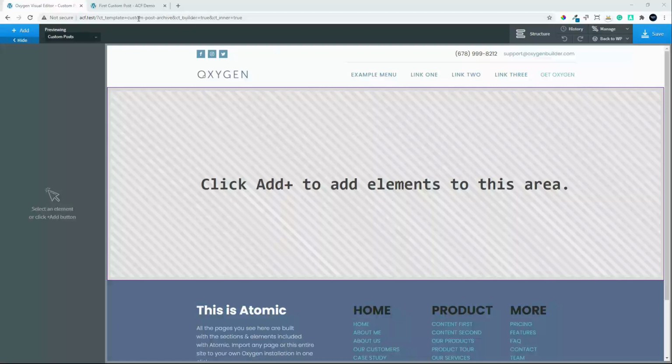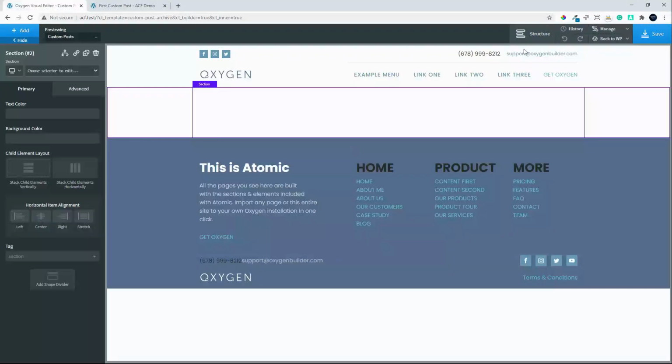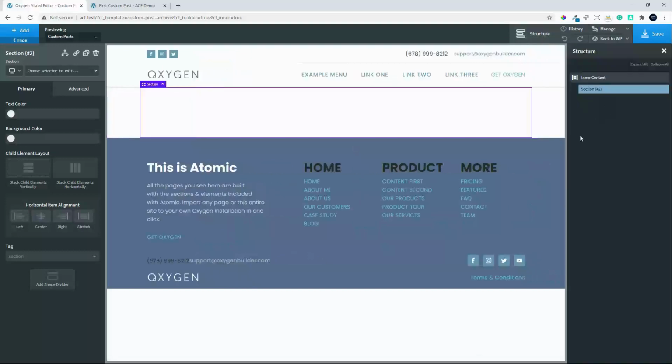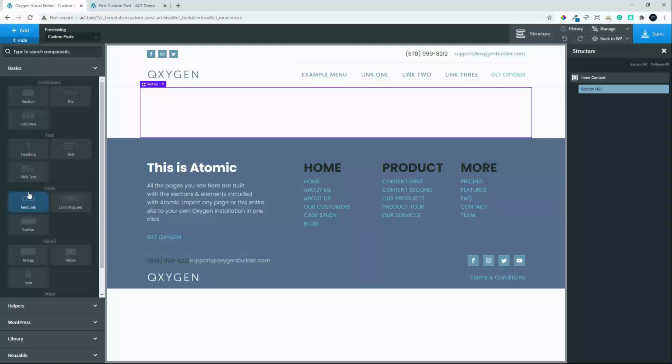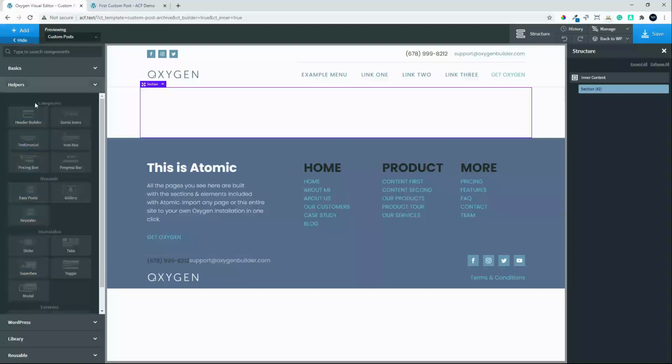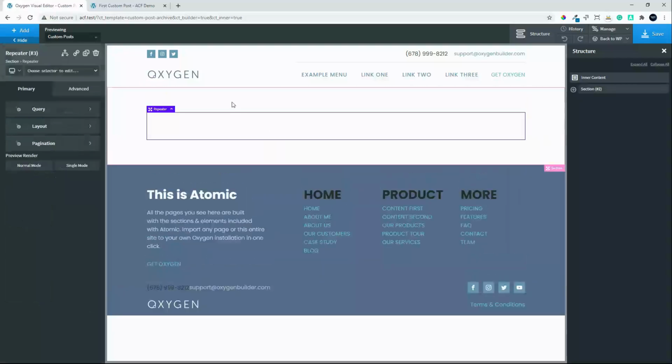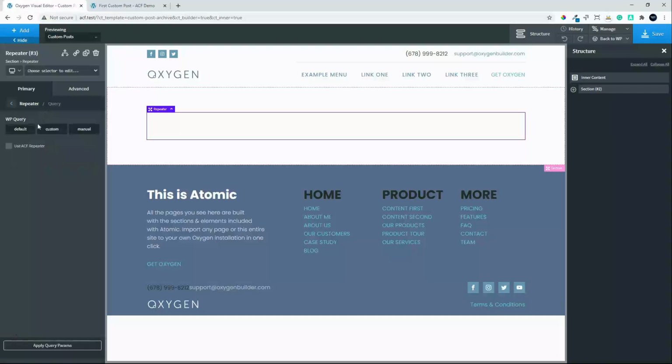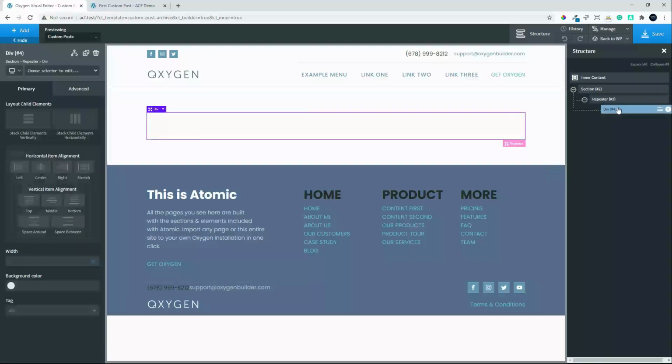and to make this work we're going to use the repeater. So we'll use the section and we'll use the structure. So now we can see what we have. We'll head over to the helper, and we're going to go with the repeater so we can create our own structure. Under the query then, we can say default because we've already selected that this is for custom posts. So it will automatically pull that information through, and under repeater now we have the div, and inside that div we can create